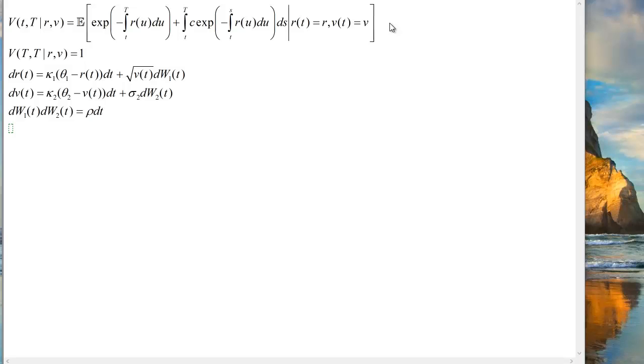Okay, that's given, that's the terminal condition. So the question is, what's the partial differential equation for the value of the coupon bond? So applying the Feynman-Kac, we immediately have